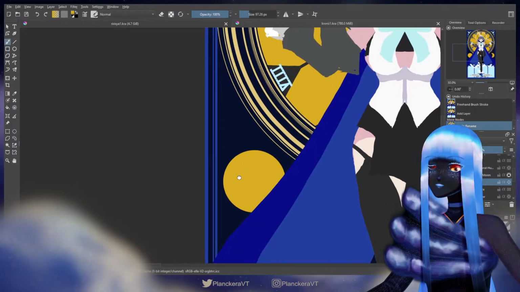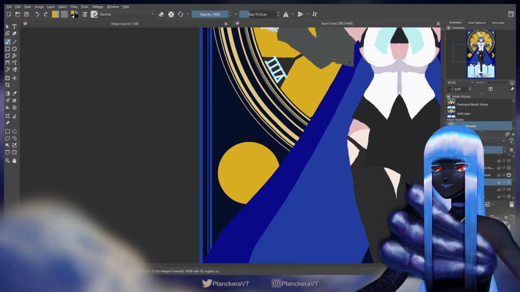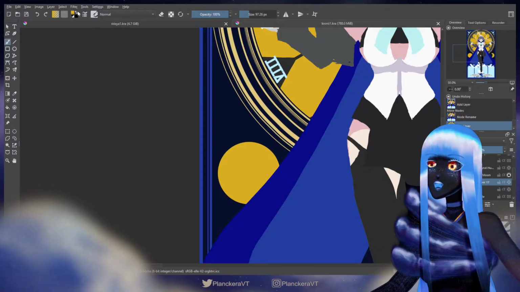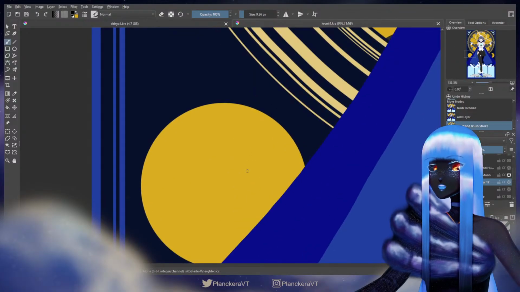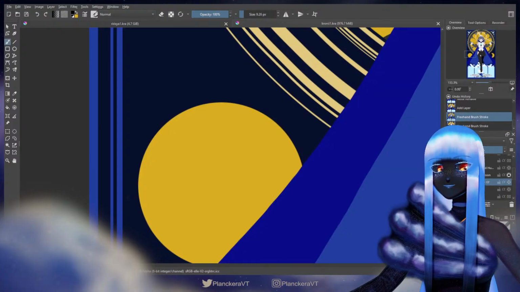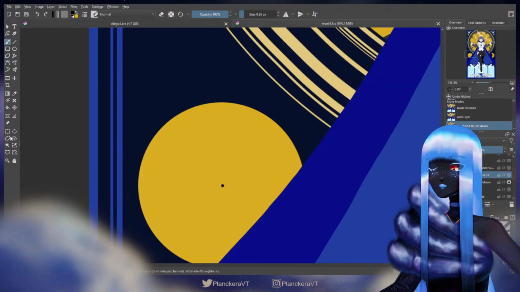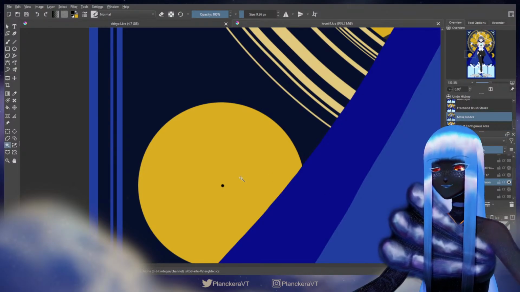And I kind of want to keep this pretty precise, so I'm going to give myself a placeholder circle here. So this way I can actually know where the center of this is. Did I make it too small? Because I can't even see it. Oh, it's on the back, that's why. Oop. Okay. And then I will center this.